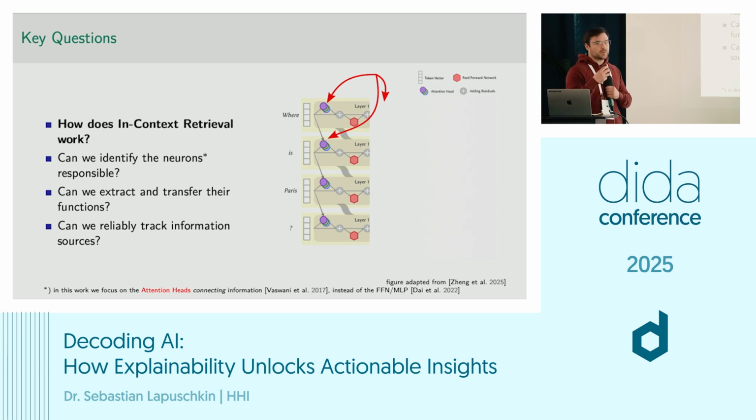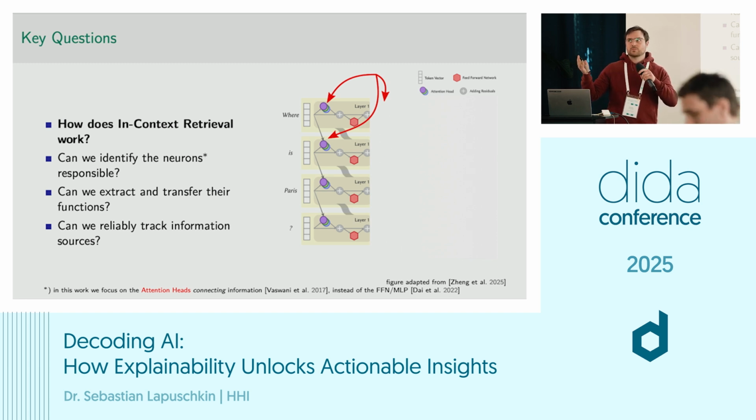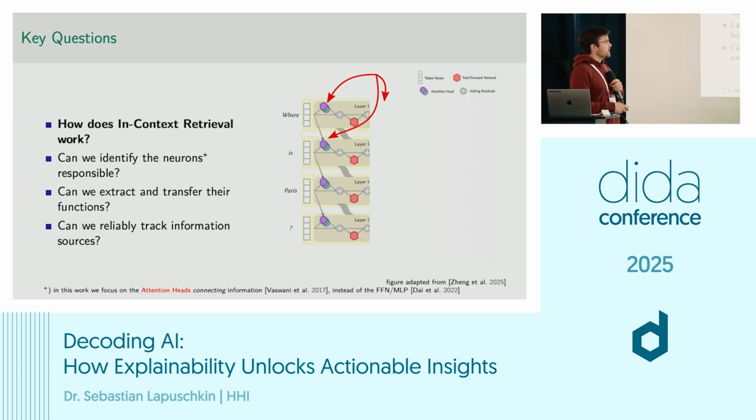Basically, if you know which neurons are responsible for retrieving information from which source, we will try to find out what kind of function they actually execute. So we can have a certain level of groundedness, which is on the level of understanding the processes inside an LLM as functions being executed, such as get birth date of person or something. So we have an indicator that it's actually doing that and not mimicking it while potentially doing something completely different. And in the end, how can we reliably track which information is used by the model,